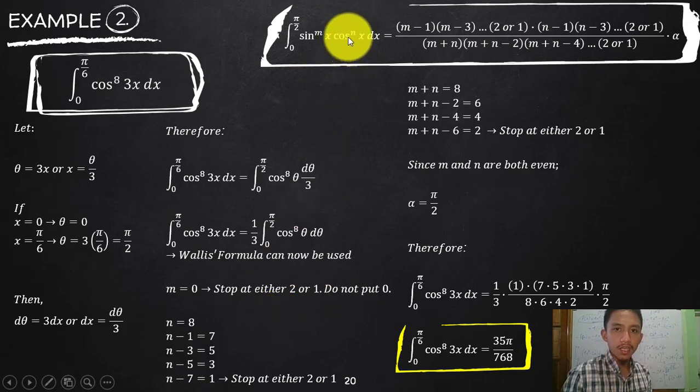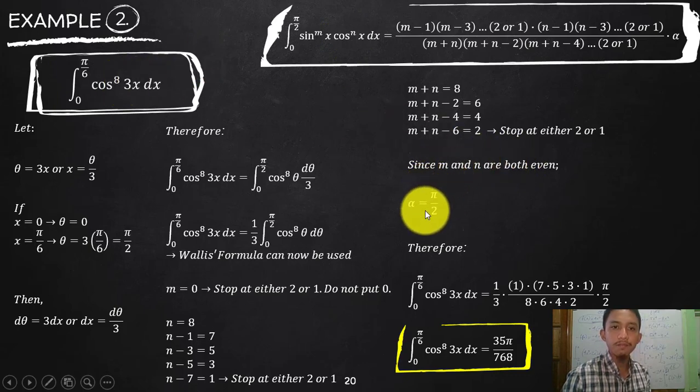And then your n is 8. So minus 1, 7, minus 3, 5, minus 5, 3, and then minus 7, you will reach your 1. So stop. Add, so it's still m plus n. Since m is 0, it is still 8, minus 2, 6, minus 4, 2, minus 6, 2. Stop. Now since m, or 0, is even and n, which is 8, is even, we will